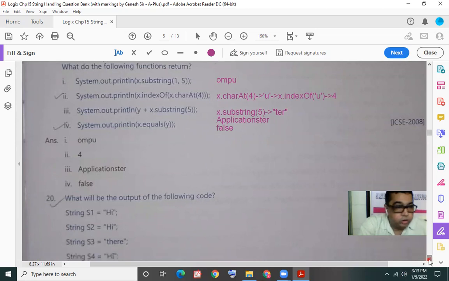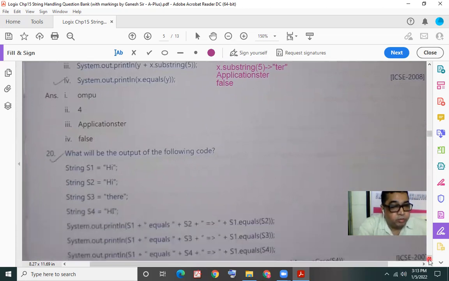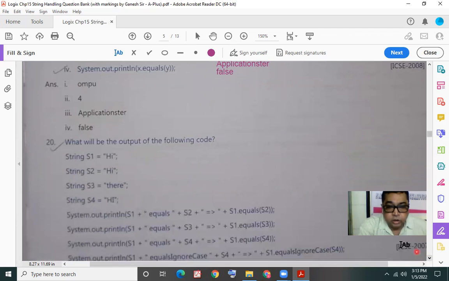I would call this number 20, but then we don't want to do it hurriedly. It might take us some time. Let's not take chances with it. So we'll do this in the next session. This problem number 20 onwards, we'll solve in the next session. Some problems from this question set, section 2, I might assign you for homework. So check it out in your email.